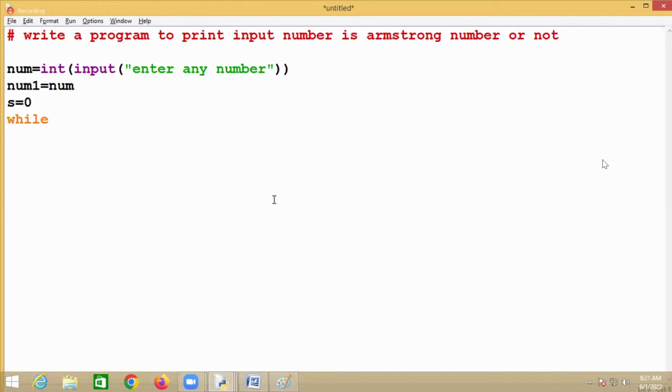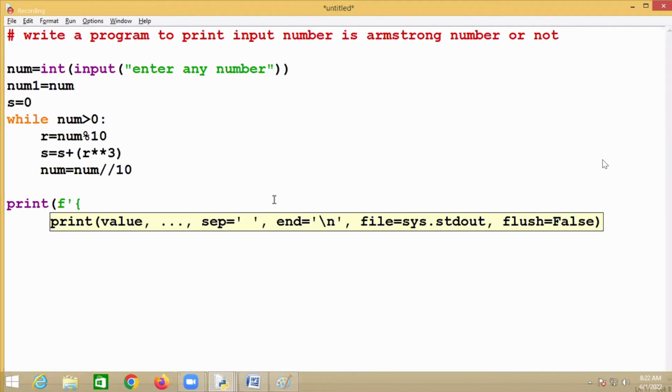Then while number is greater than 0, remainder equal to number mod 10, and then sum equal to sum plus remainder to the power of 3, and number equal to number divided by 10. Then here you'll say print format number1 is